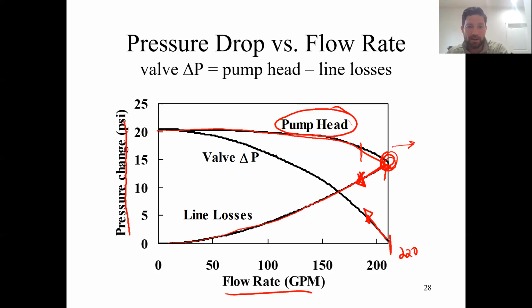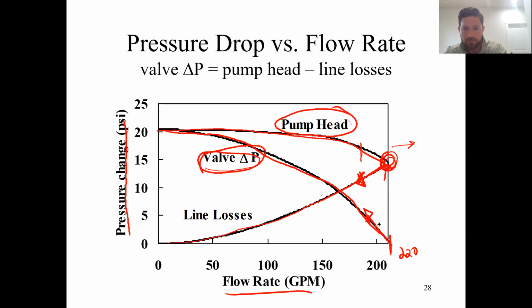Okay, but we're not going to do that for now. So we have our pump head we get from our pump curves. We have our line losses. We calculated those both based on fluid mechanics. And now we can calculate the delta P loss through the control valve. The delta P loss through the control valve is going to look like this. So now if we want to go between, let's say, 50 and 200,